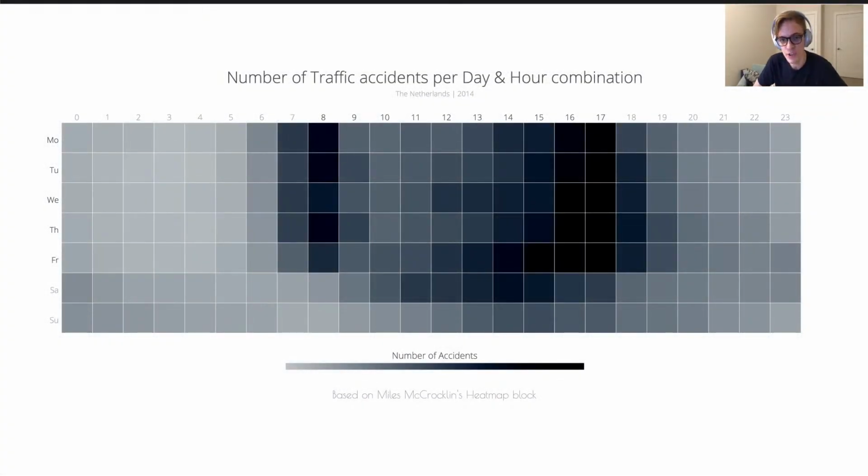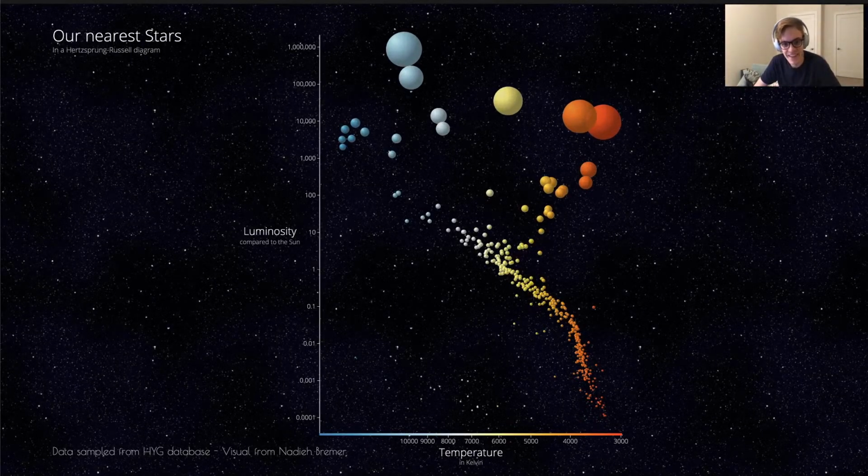Okay, so let's take it a step further. Clearly, if we can integrate data into our browsers, then we can also use JavaScript to manipulate this. So here is another Nadieh Bremer graphic of the Hertzsprung-Russell diagram, which is showing us luminosity against temperature. But if you notice, the temperature is the reverse of what you would expect, where the hotter is further to the left. We can see that